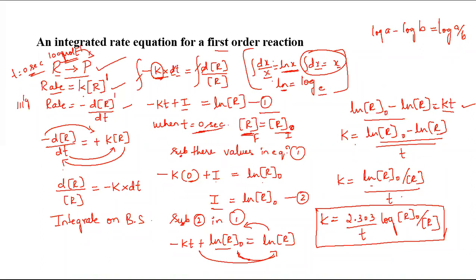Therefore a by b. Okay, in order to convert ln into log, because when we solve problems we look up values in the logarithmic table, log to the base 10. What is ln? Log to the base e. Therefore, to convert log to the base e into log to the base 10, we have to multiply by the number 2.303. Okay, leave this. So that is why I have taken 2.303 here. Then ln becomes log, and everything else remains the same. Okay, so this is the rate equation for a first order reaction.